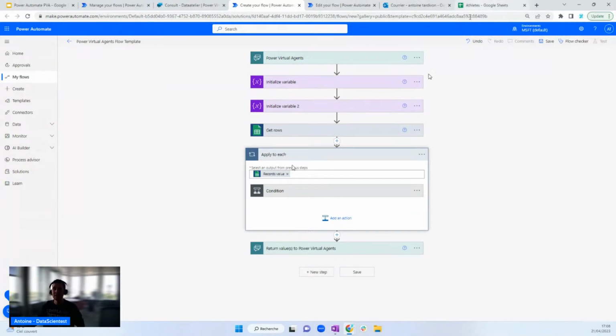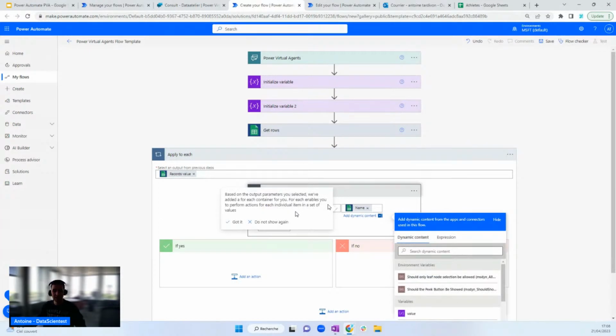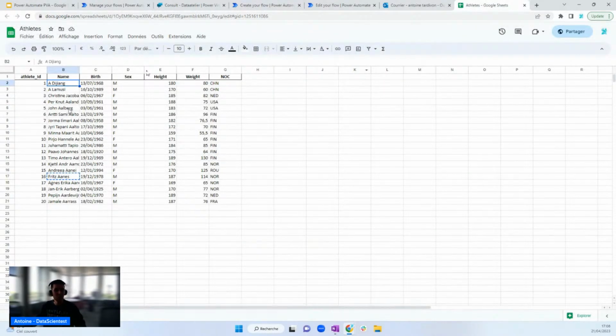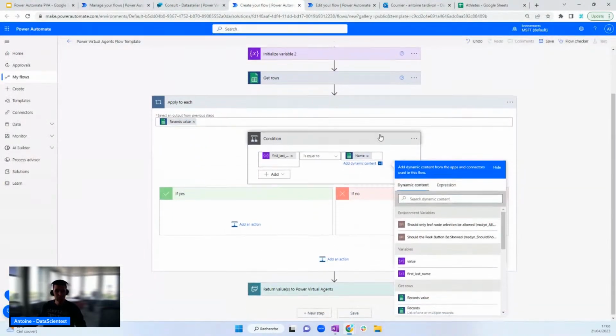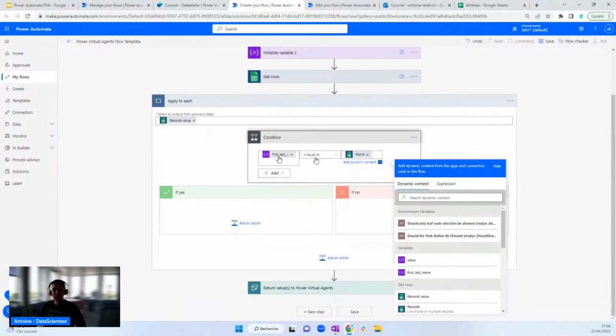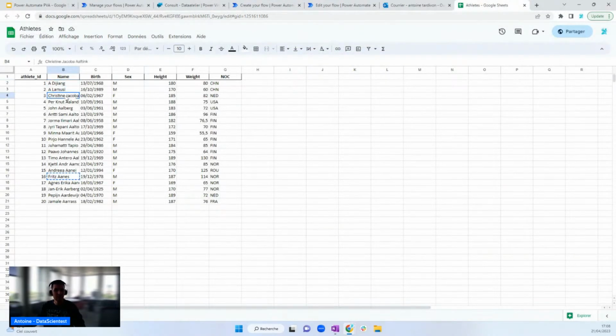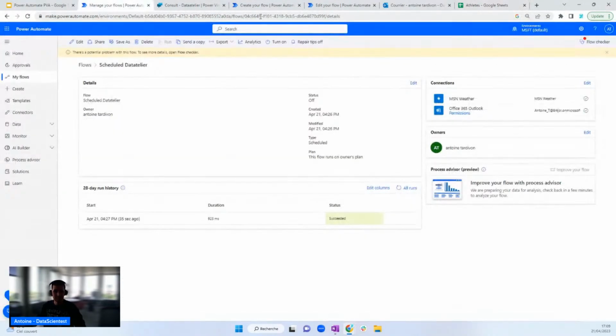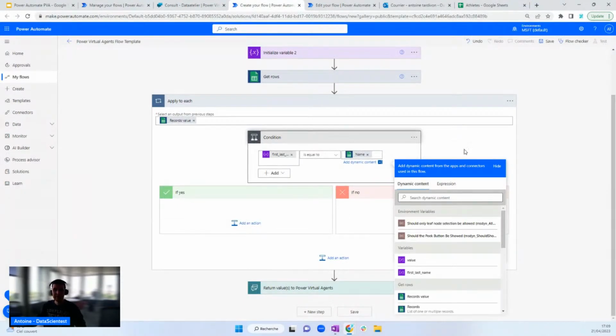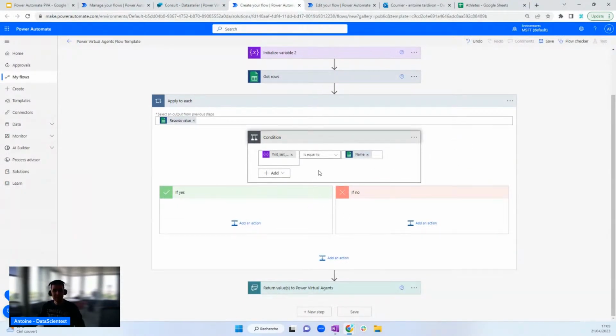It means that it applies this condition to each row in my Google Sheet. So for each row, it will compare the value first last name to the name that we have here, Dijang, Lamouzi, etc. If yes, if we have the same values,